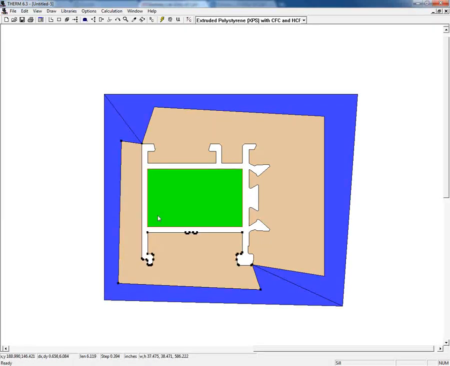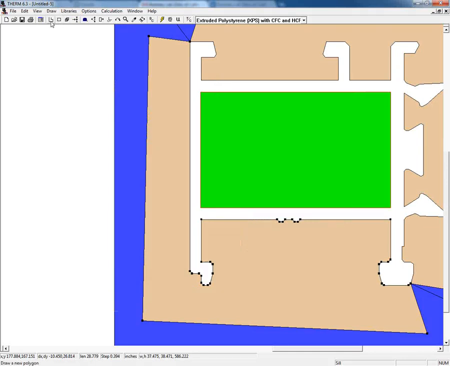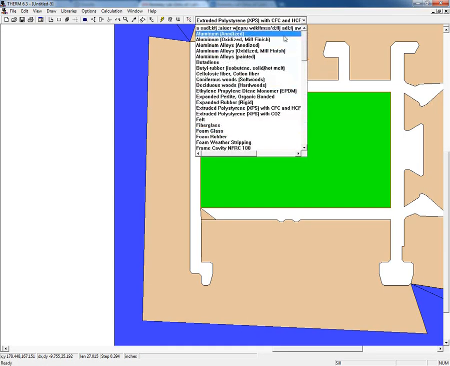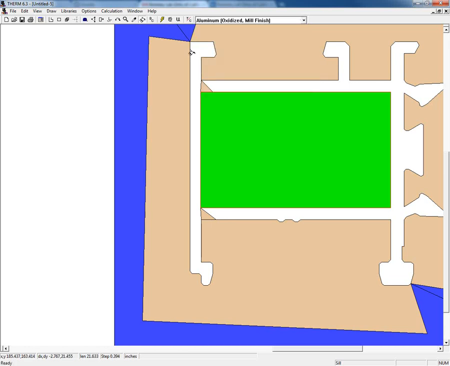So I'm going to break this up into a couple different pieces, and you can make these sections wherever you want to, but the best thing is to never create new points and just use existing intersections. So I've blocked off this part from this part. So now I'm going to fill this part here. I go to the fill tool, and I'm going to pick aluminum,